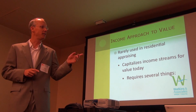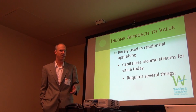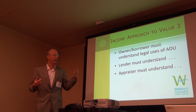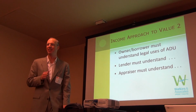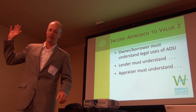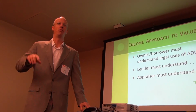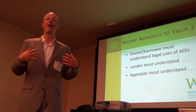But it's changing, and you can see that from the number of these units being built, the number of them that are getting financing, all the press around them. I've seen a huge change just in the last year on these. Now, it leads to requiring several things in doing the income approach. Everybody needs to understand the legal uses of the ADU, and it has to be a legal ADU. Two weeks ago, I looked at a property. A beautiful little cottage, fully renovated, with a matching renovated detached garage that had been changed into an apartment. When I looked at permits for the place, there were no permits on anything. So I can't, I could appraise